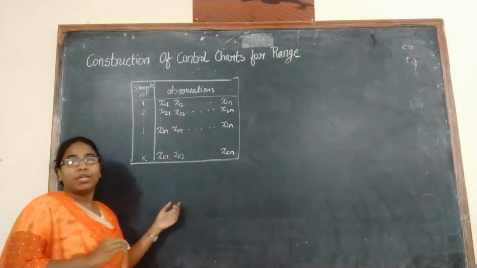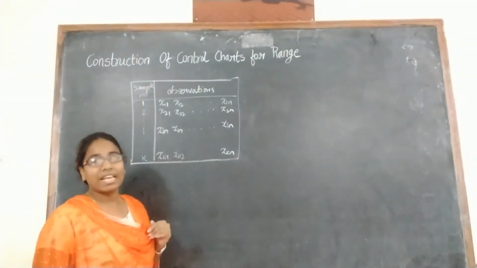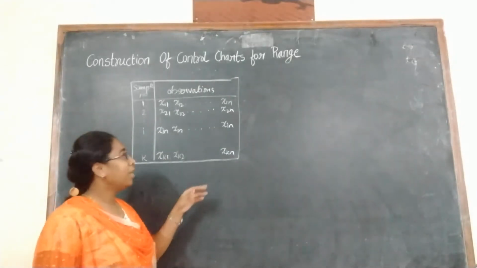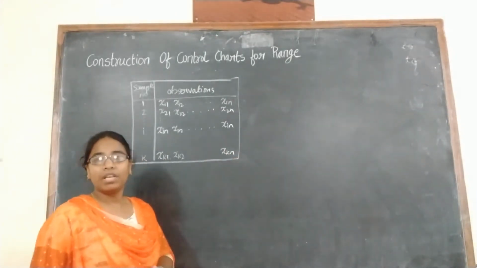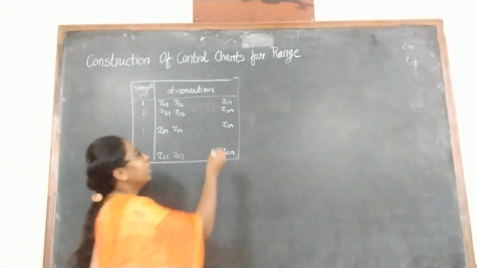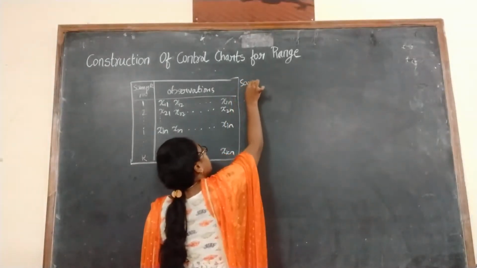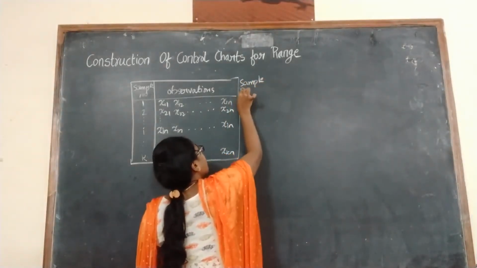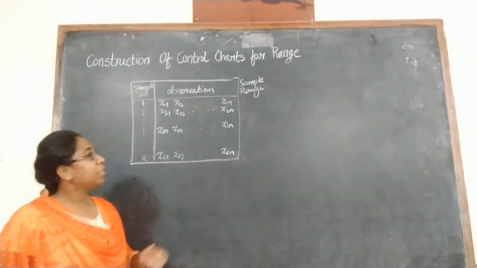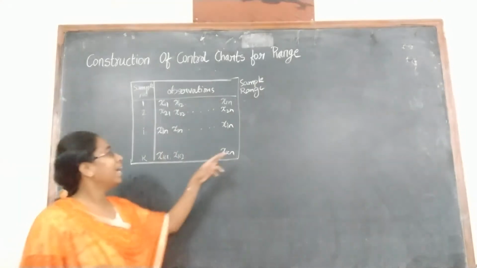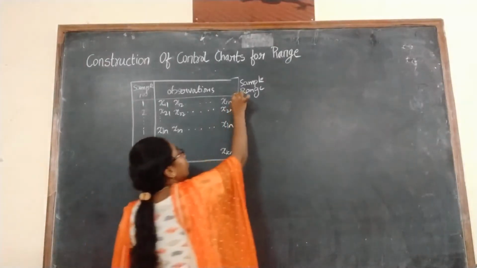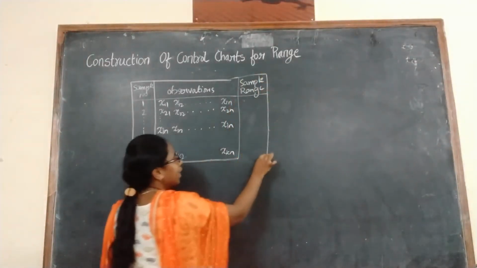In our previous chart, that is the mean chart, we calculated the sample mean, and to estimate the parameters, we also calculated the sample range and sample standard deviation. But for the range chart, only the sample range is sufficient. Here we are not going to estimate any parameters, only the sigma value is enough, and sigma can be obtained by using the sample range also. So that's why we will be finding only the sample range values.